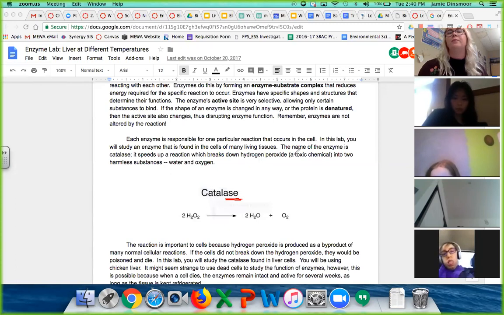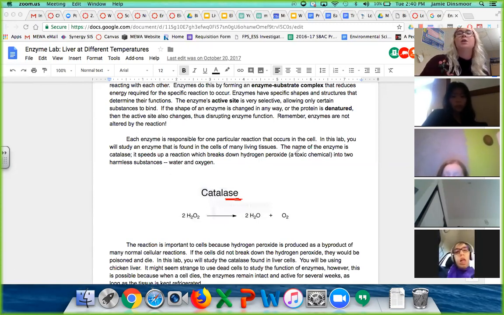That is perfectly fine. So I don't know, Lane, why it's spelled A-S-E, but that's how it is. Sometimes there are other enzymes that have different names, right? But if you see ACE at the end of a word, chances are it's an enzyme. So then already you should know what it does. Oh, it's building or breaking something. That's easy. In this case, we're looking at catalase, which is written over the arrow because enzymes are not